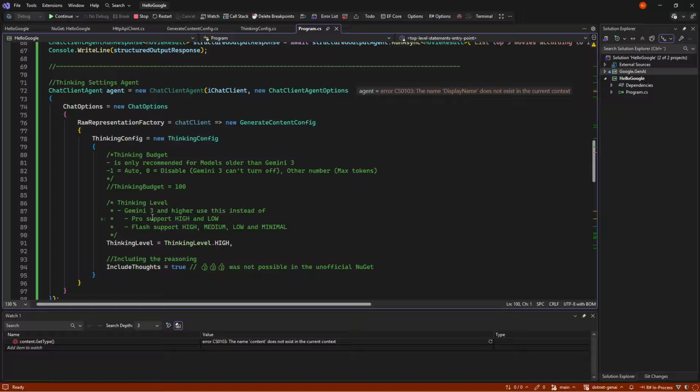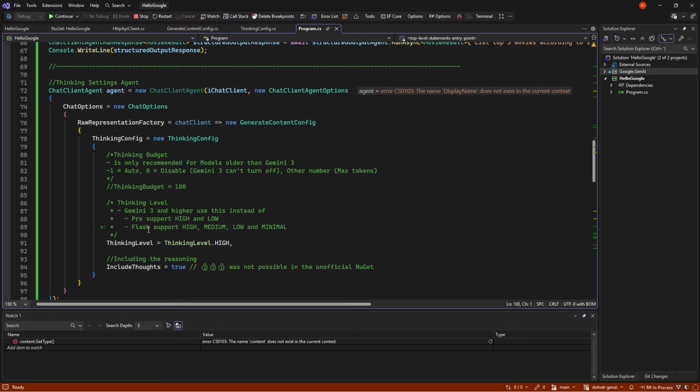Instead, for Gemini 3, there is a new thinking level, so we are getting closer to a similar thing as OpenAI has, where we have high, medium, low, and so on. From Google's side, the Pro models only support high and low, so that's not anything to do with the package or Agent Framework again, but the pure models.